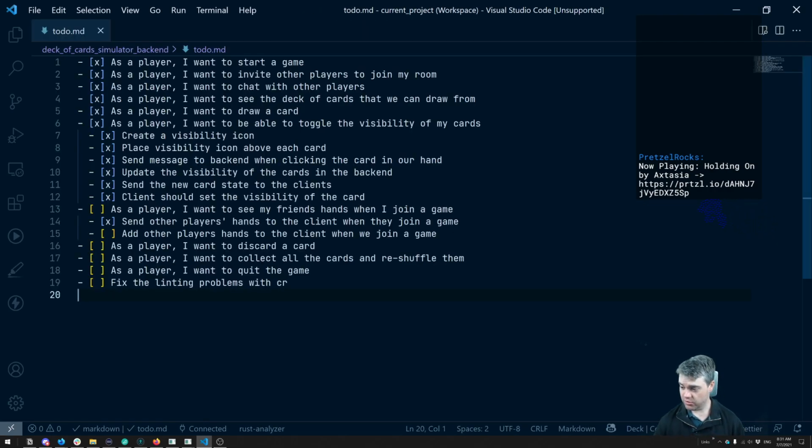What I'm gonna work on next time is adding the other players' hands to the client when we join this game. And I'm mostly gonna do that because it's after 8:30, and that means